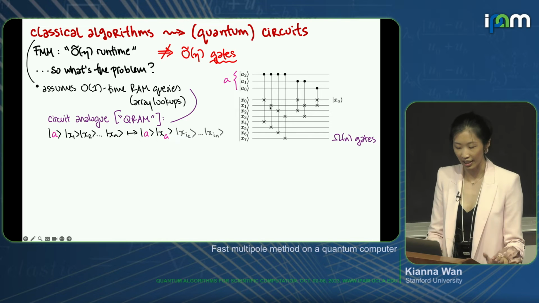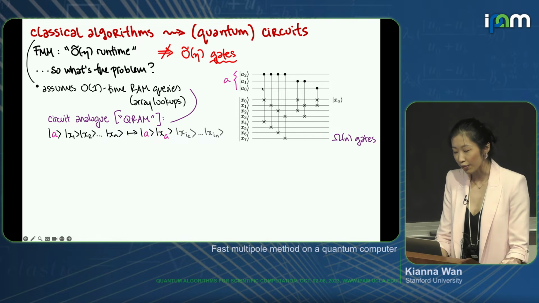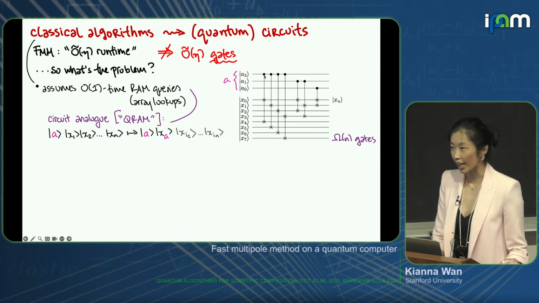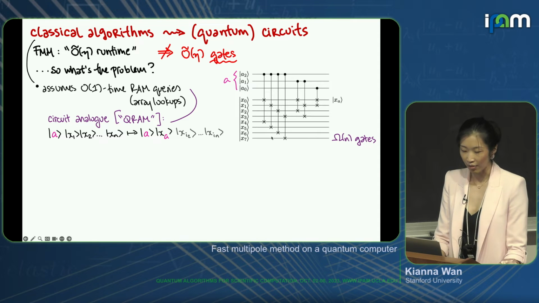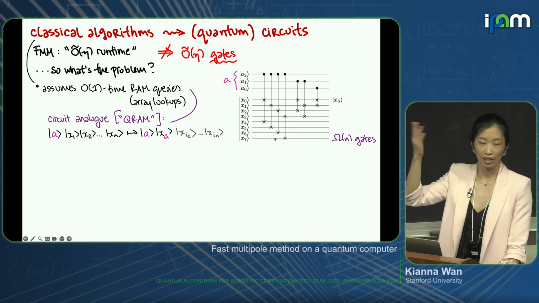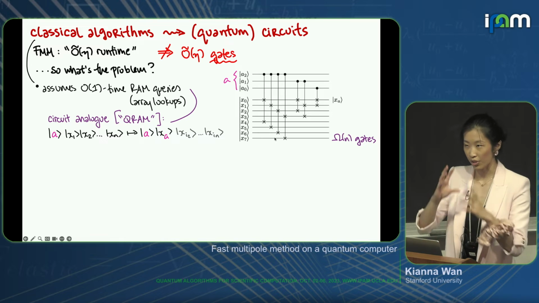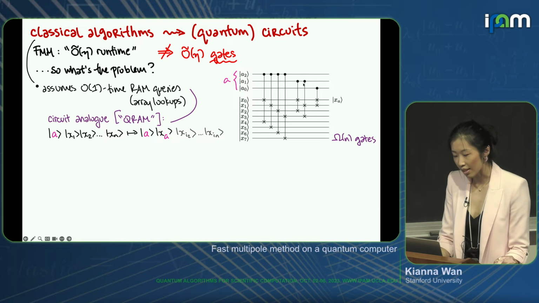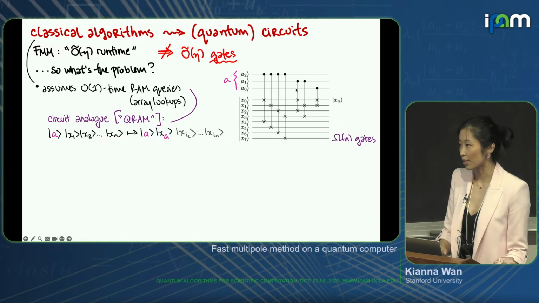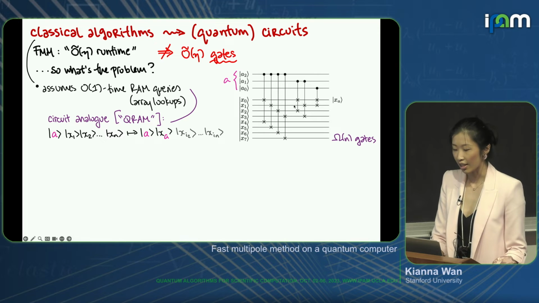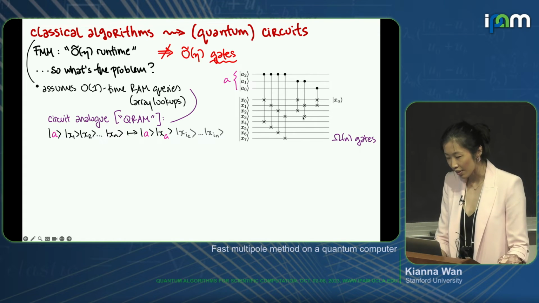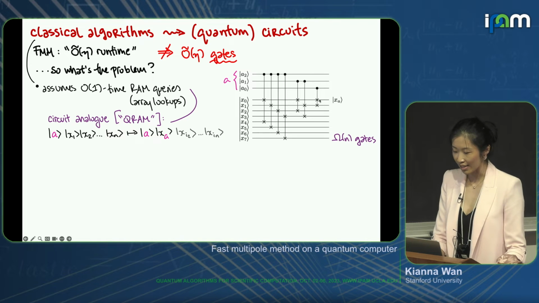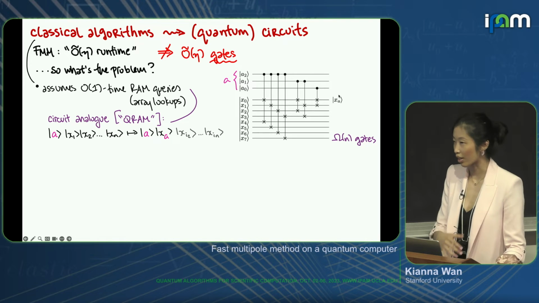And you can sort of understand the circuit as follows. So the first 4 swaps are controlled on the most significant bit of A, and they basically check whether the index A is in the first half or the second half. And then they bring up the correct half up to the first 4 positions. And then the next 2 swaps are controlled on the second most significant bit, and they check which quarter the index is in. And you continue in this way until the correct data register is brought up to the first